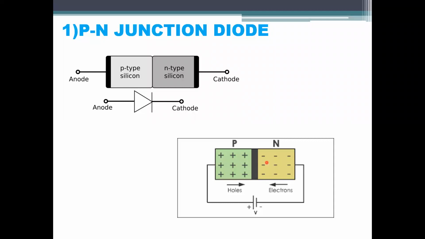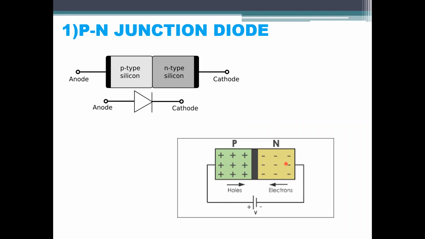Thus opposite types of ions are produced, meaning positive ions on the N side. Some holes jump from this side to that side, and some electrons jump from the N-type to the P-type. So the positive ions are on the N side and negative ions on the P side near the junction. These ions oppose further flow of electrons from the N to P region and the flow of holes from the P to N region.